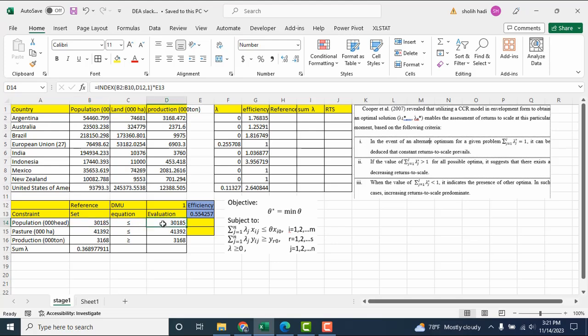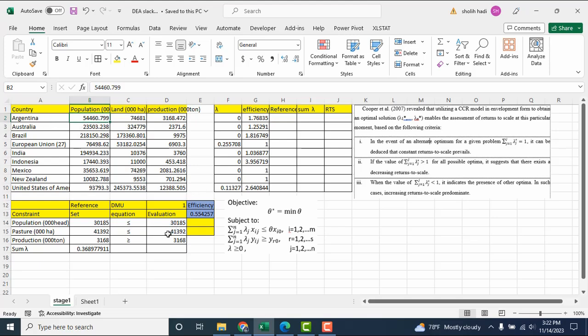Here I give one example. If we want to evaluate the efficiency for DMU number 1, Argentina, here should be the theta or the efficiency multiplied by population for the DMU under evaluation.